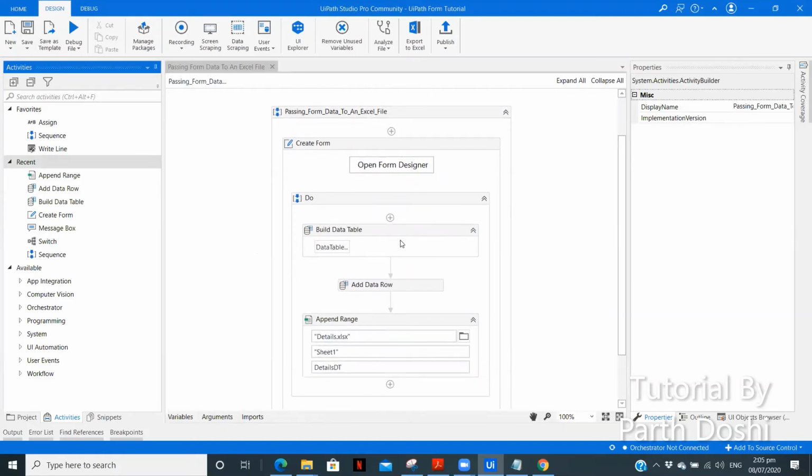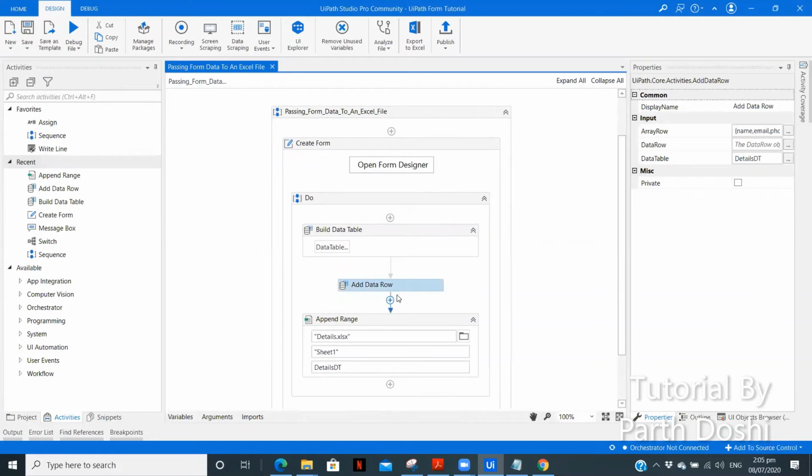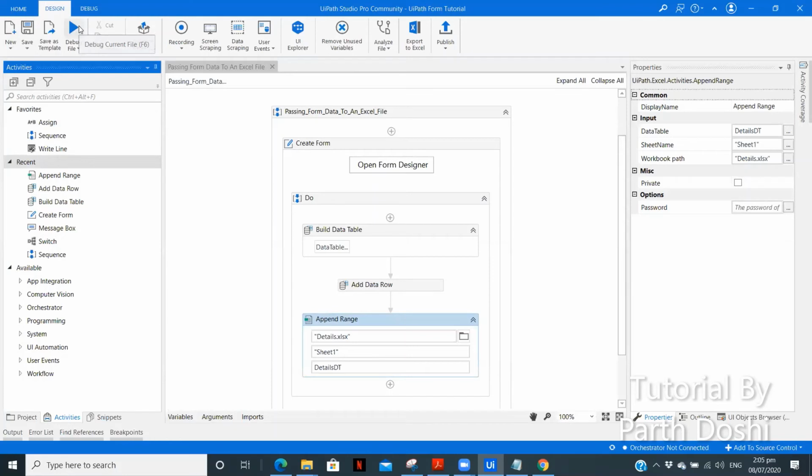So we created a form, we built a data table wherein we gave the fields which were there in the form, the name, email, and the phone number. We added a data row to that table, and after adding the row, we are passing it to the append range activity. So let's run it and check whether we are able to add the data into the Excel file.